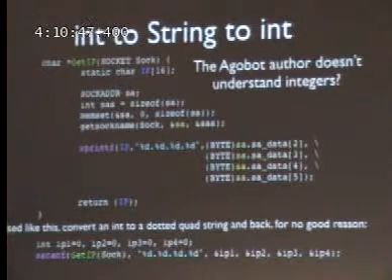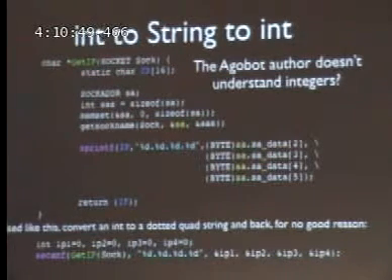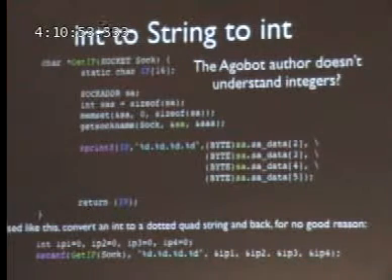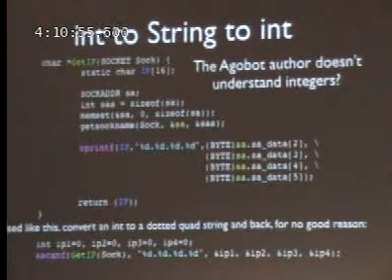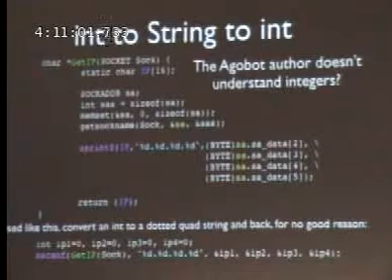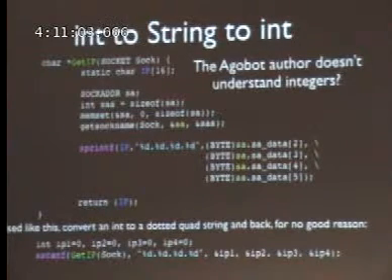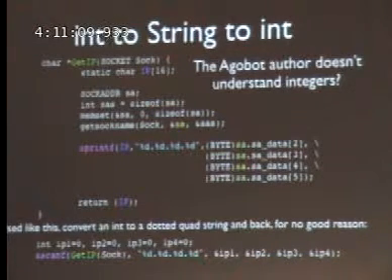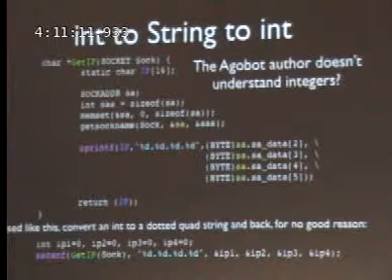They stuff them into a string, a dotted quad string, and then, or rather, they have an integer. They transform it into a dotted quad string, and they take the dotted quad string and immediately transform it back into the same integer again, which is completely pointless. The only reason anyone would do this is if they didn't realize that the IP address is an integer.